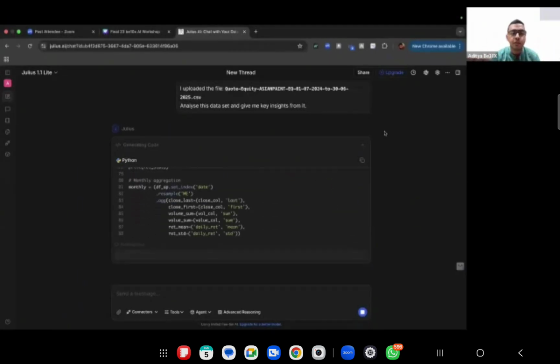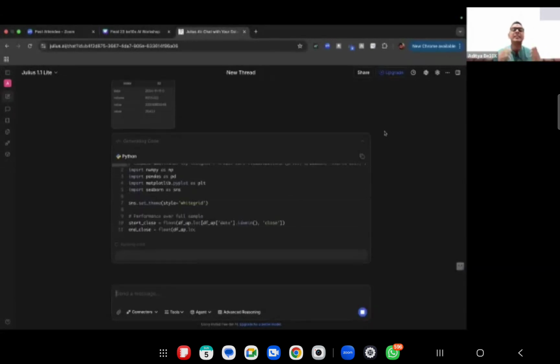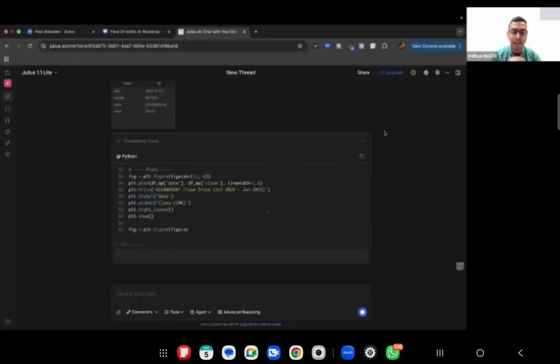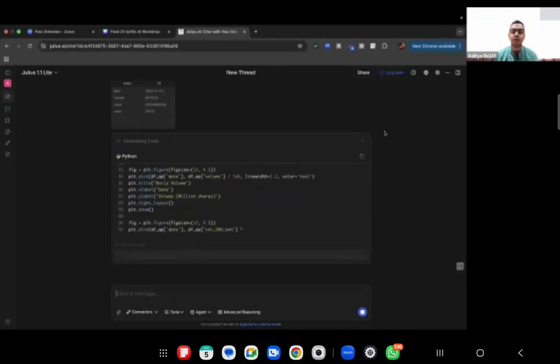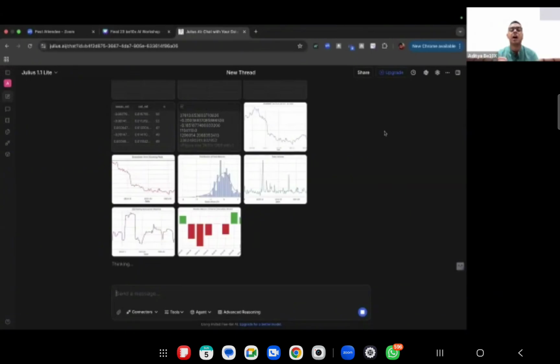Julius is writing a few lines of code in Python, and not just a few lines, a lot of lines in Python. Let's see what it is able to do for us. Again writing a few more lines. I'm sure all of the tech folks attending this meeting would understand all of this, and they would be going bonkers with it. Let's wait a few seconds to see how this code gives us the output that we are looking for.